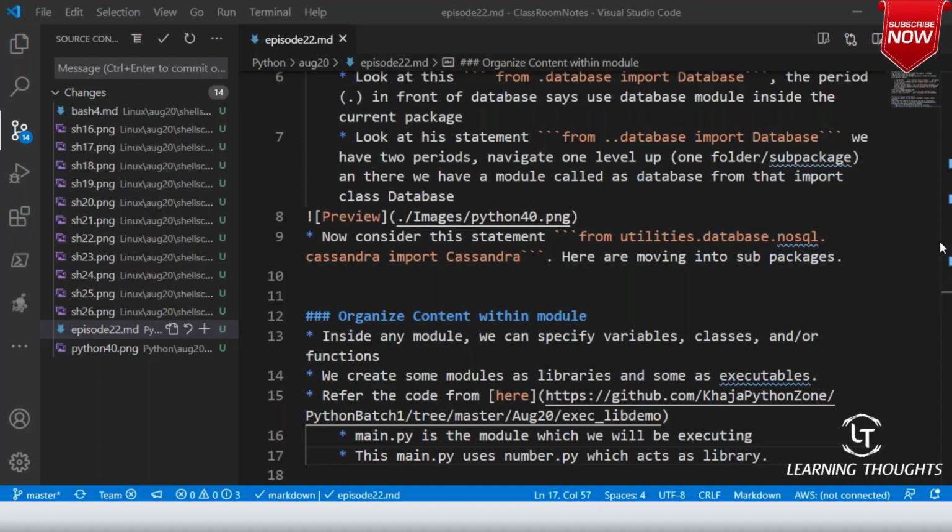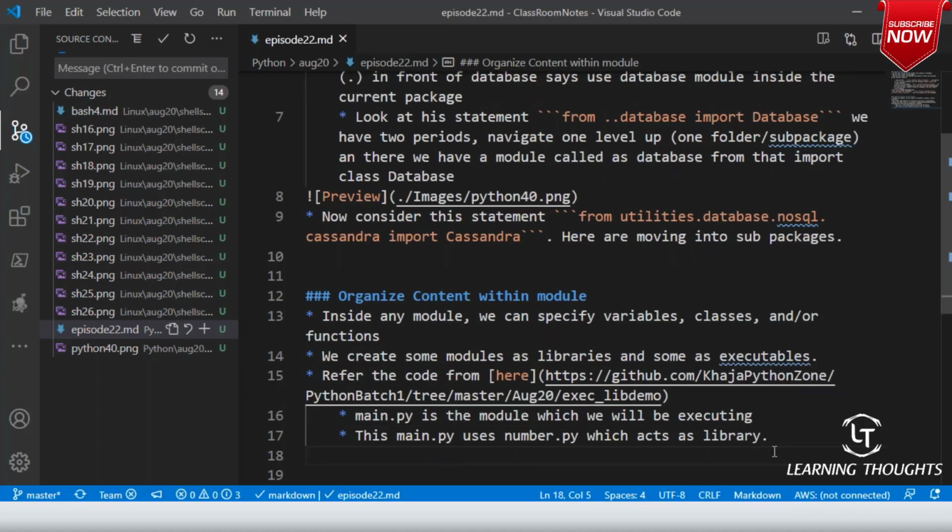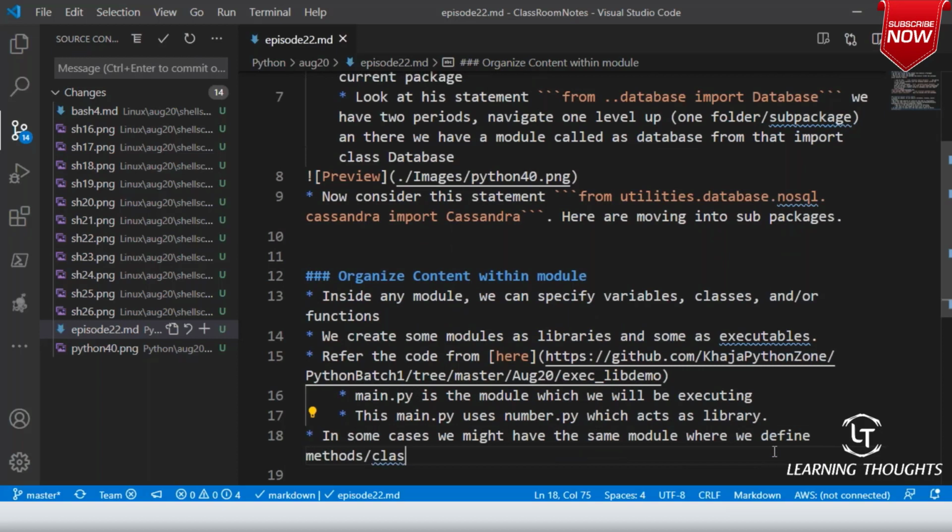But sometimes we might not have this convenience. In some cases, we might have the same module where we define methods or classes and also execute the same module.